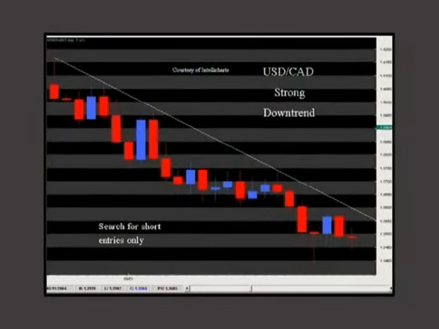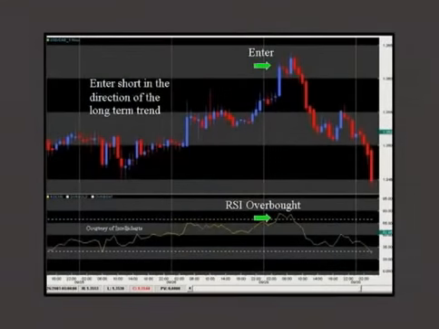So back to the chart here, we have the strong downtrend, so we know we only want to sell short. So then we'll look to the hourly chart and try to pinpoint our entry for dollar Canada. Obviously if we want to sell short, we want the price to come up a bit so that we have a favorable entry point. And in this particular case, you can see that the price does rise enough that RSI, which is the relative strength index, gives me an overbought reading. Now, if you're not familiar with RSI, it's the relative strength index. I'm using the 14-period RSI here on the hourly chart. And when that RSI goes above 70, it's telling me that this currency